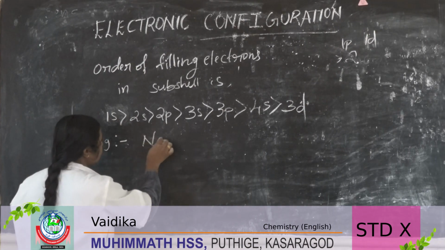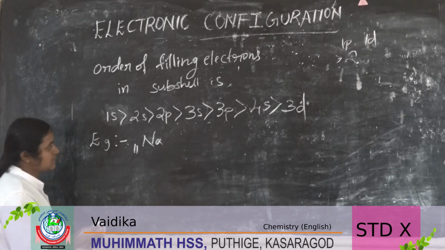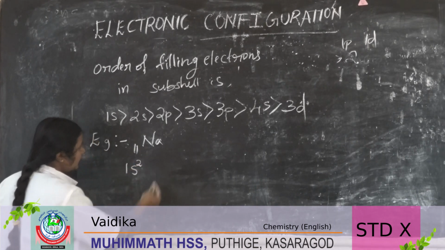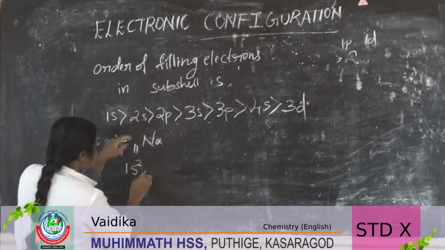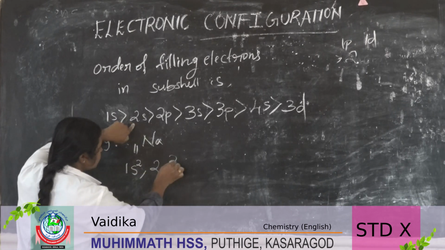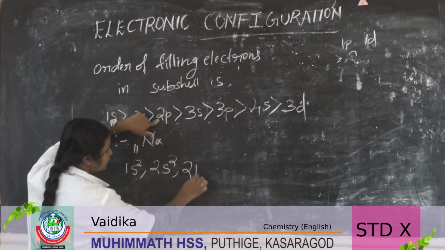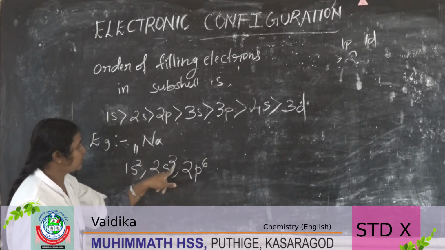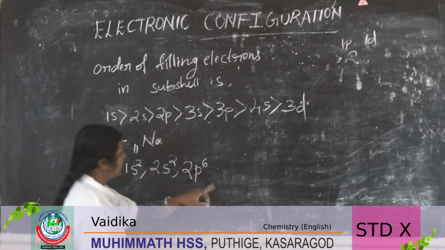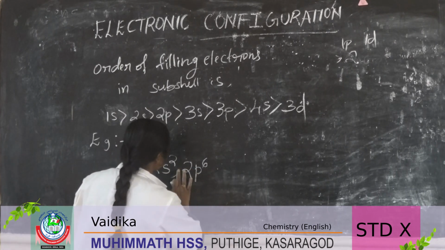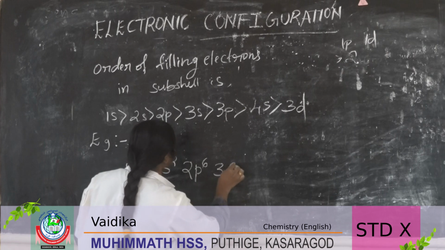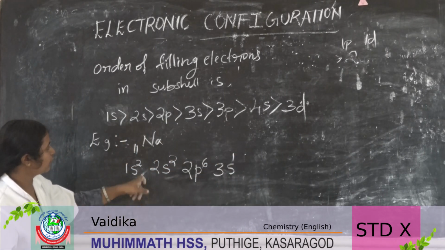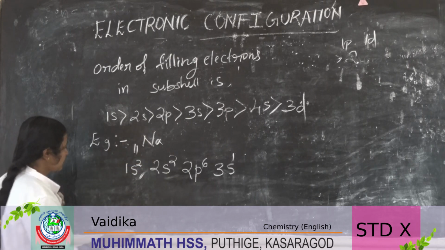Okay, let us write some examples for writing the subshell electronic configuration. As you know, for example, sodium has the atomic number 11. So let us write. That is 1s2 first, next one is 2s2, next one is 2p6. How much? It will be 10, right? 2 plus 2 plus 6, 10. 1 will be remaining. It will go to the next one, that is 3s1. This is the electronic configuration of sodium.